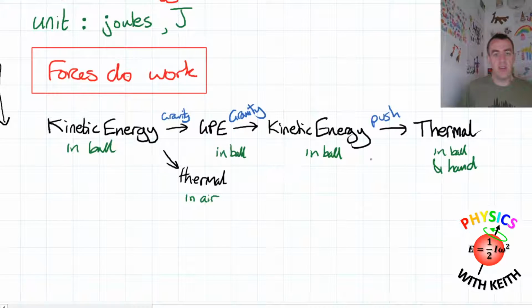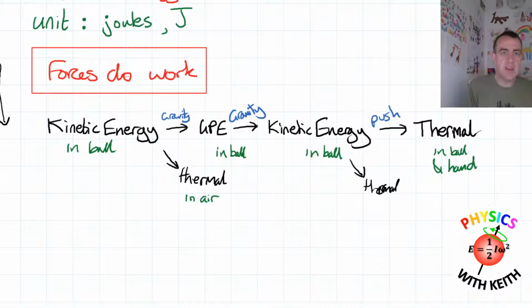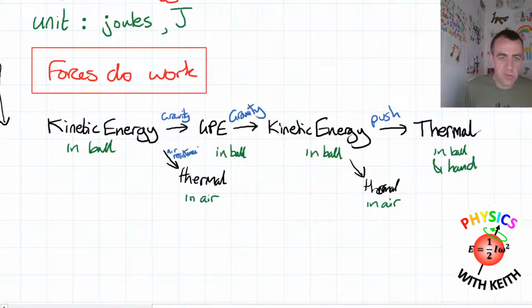And we could do that on this second part here as well. So on a Sankey diagram, I'm going to have to try and add that in. Actually, the gravitational potential energy wouldn't be transferred. It's only when the object's moving that air resistance is acting. So it would be here, wouldn't it? Thermal, my handwriting. And let's put in air here. And I'm just going to finish this off before I leave it. And let's add this as air resistance, sometimes called drag. That is some small writing. Air resistance, sometimes called drag. Okay, so that's a bit better as a diagram.